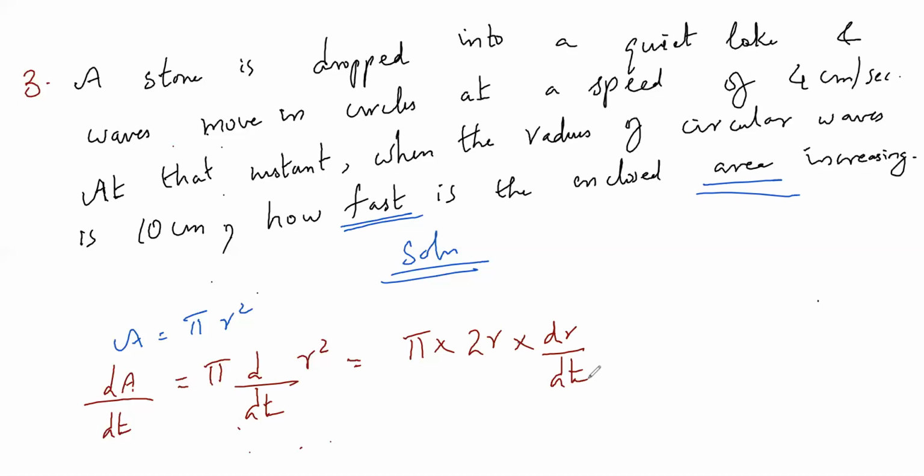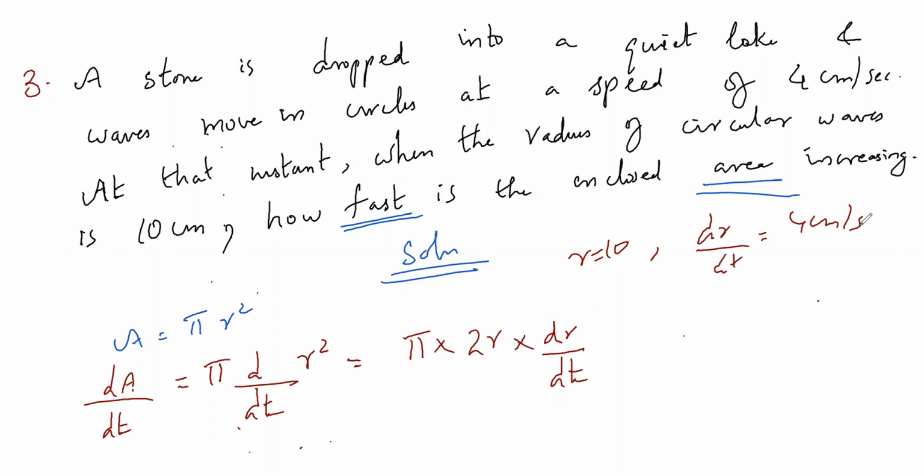Correct? Now in the question, one more clue they have given us. Radius is 10 centimeter. Okay, I'll write down that also. Radius is 10 centimeter. Fine. The other one, what they given? 4 centimeter per second. So radius in centimeter per second, meaning time. So dr by dt also they given. What is it? 4. So I'm using simple substitution. dr by dt is given as 4 centimeter per second.